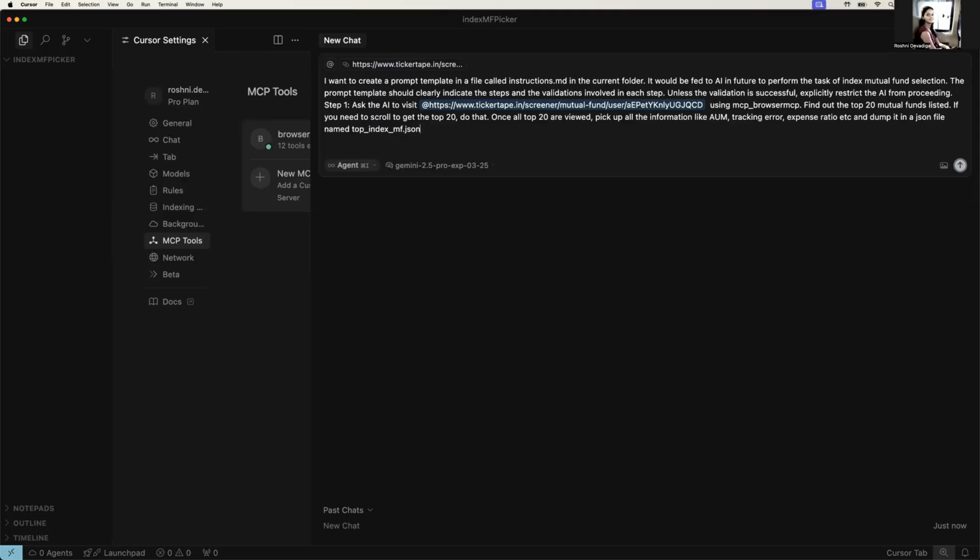So all of this information my system will do. I don't need to give it. This is my first step. Once I have found out all of that information, now step 2: create a Node.js script which uses the above information and gives a rank to each of those mutual funds